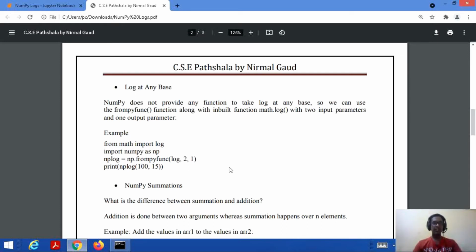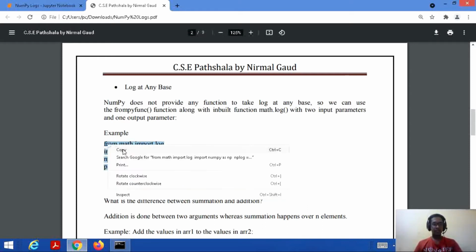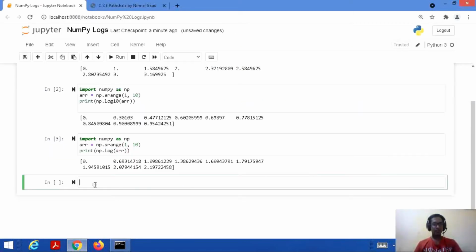We can create a function with the help of this frompyfunc along with an inbuilt function we will use here, that is math.log, with 2 input parameters and 1 output parameter. Let's consider one code to implement this.